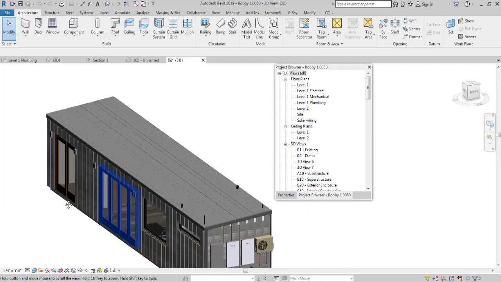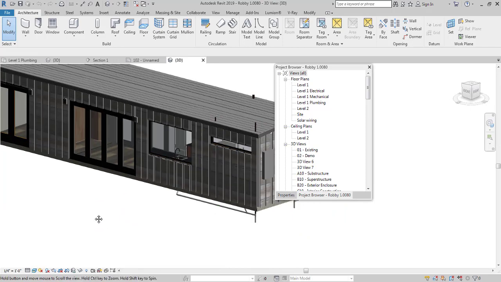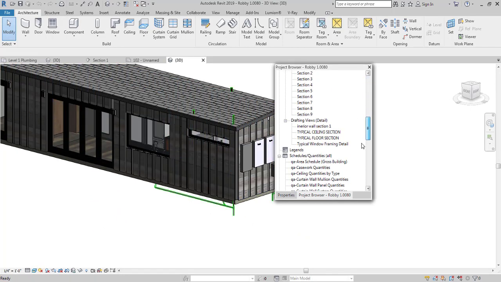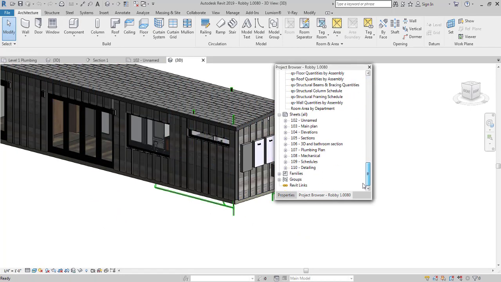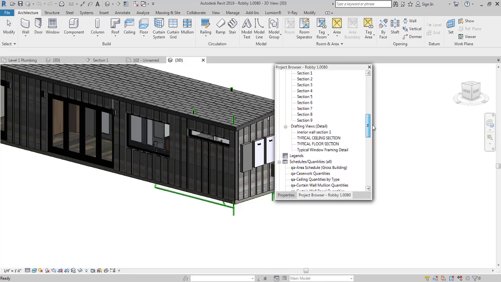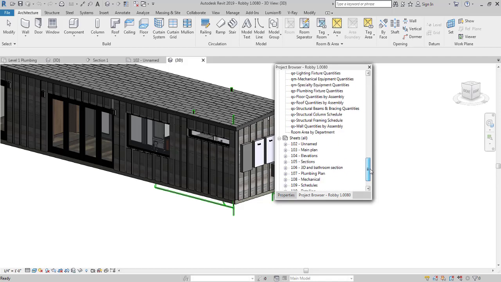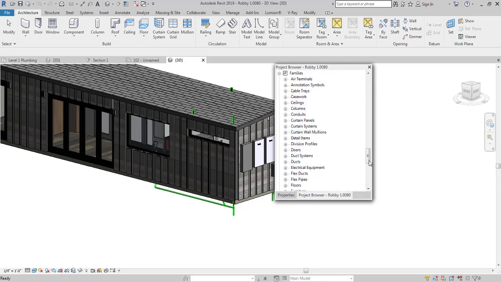This is the project. Now what we are going to do is we are going to transfer the pipe types that we made here. If I can go to the families, pipe types, families. Yep, sorry.